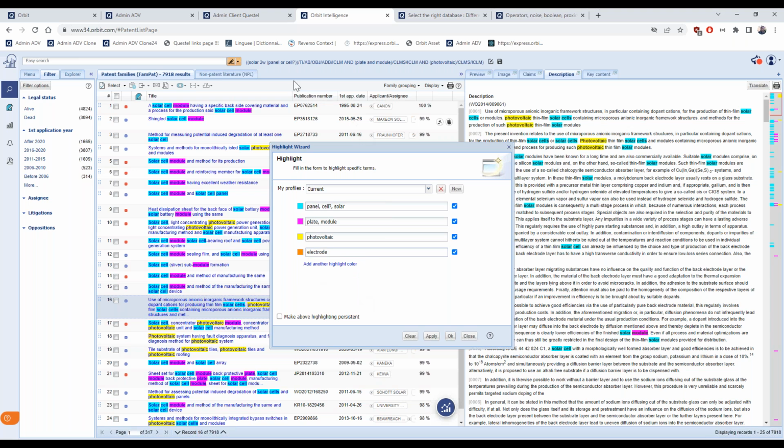You can see how the proximity operator to W has been replaced, because in this window, in the highlighting wizard, not all proximity operators are accepted by the system and recognized. And or is replaced by a comma.